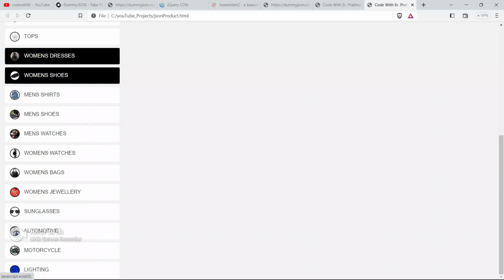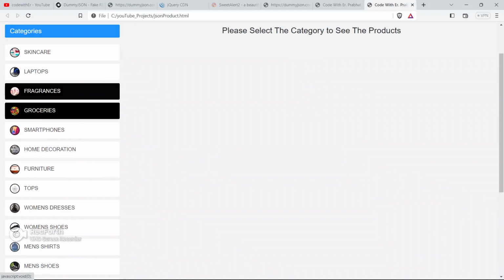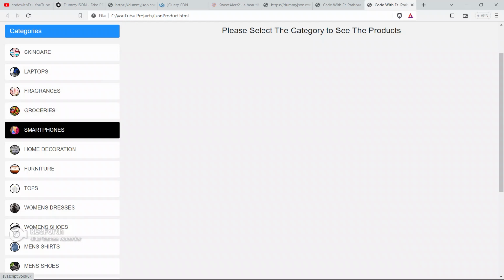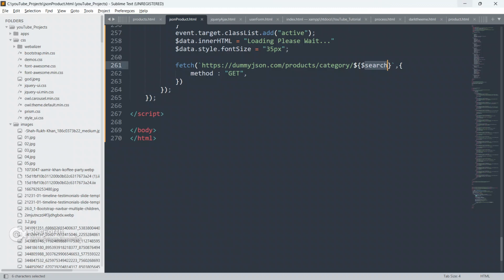The categories the user is going to select by clicking on the categories. To select, guys, the user has to click on the categories only. Then only will he be able to select the category name. So that's what I am doing here. If everything is fine and okay, then this is going to return a promise, guys. Okay, it is going to return a promise, so we are gonna grab this promise through the then method.